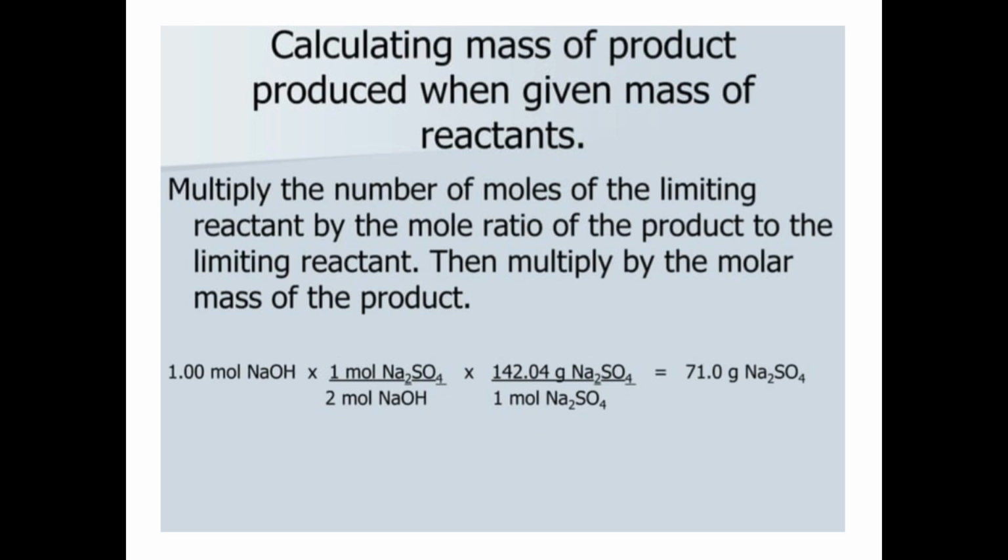But to solve that very well, don't forget the formula we started using: the mole of NaOH over the mole ratio. So we have 1 mole of NaOH, that's the number of moles of NaOH, times the mole ratio of the product over the reactant, like we have been doing, multiplied by the molar mass of the product. It will give us 71.0 grams of